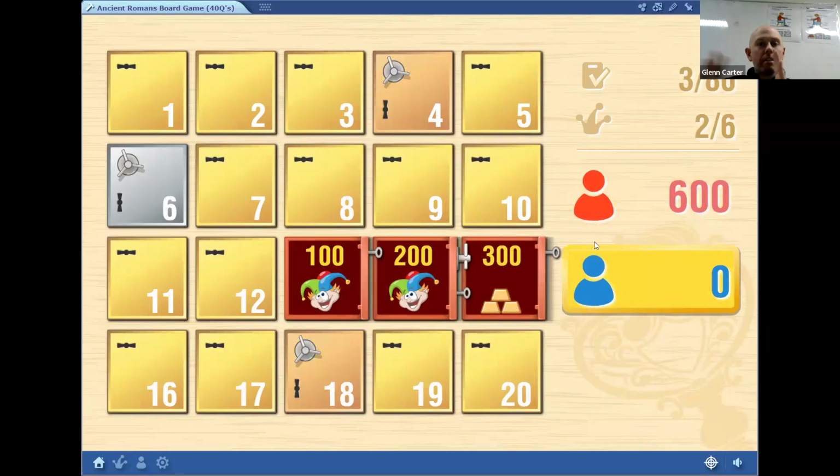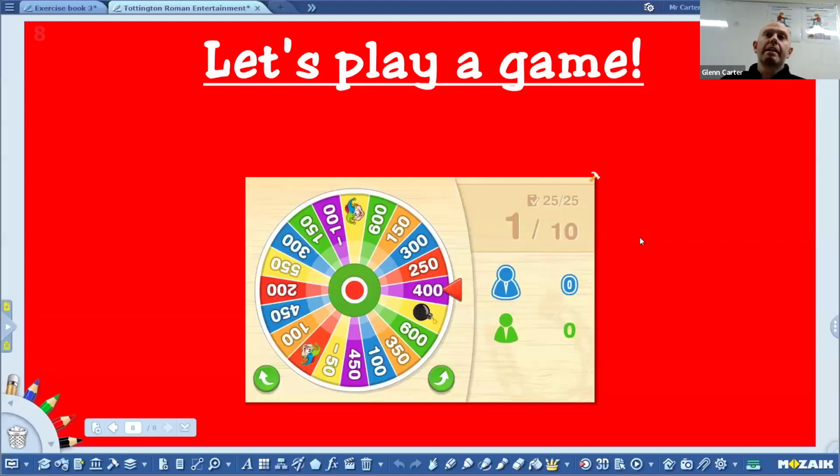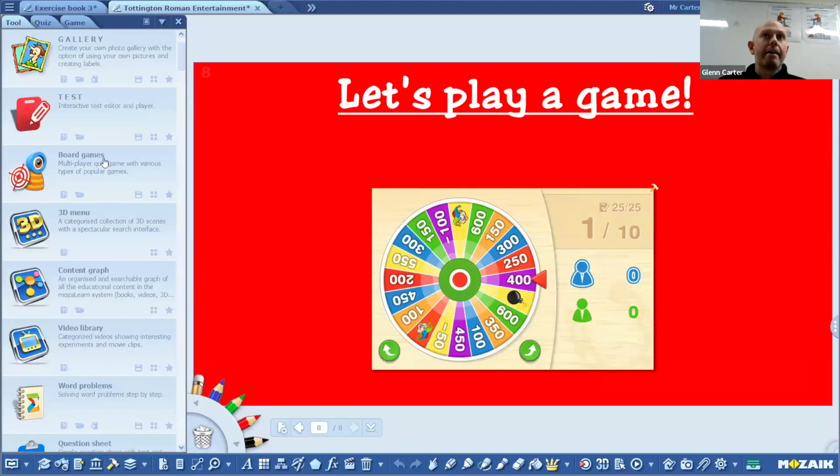So you don't have to duplicate loads and loads of quizzes. You can keep the same quiz and then just change the game if you want to, which is really, really handy. Now, if you want to add some of the other elements into it, if I click on the tools icon down here, this is where you can see all of the tools that are available on the MozaWeb website, but they're baked in,